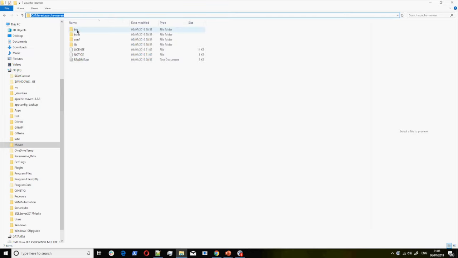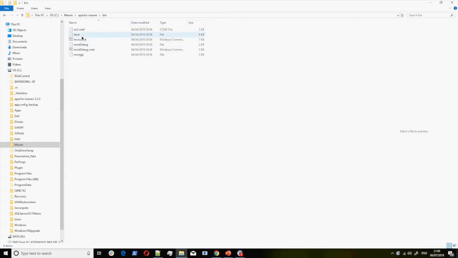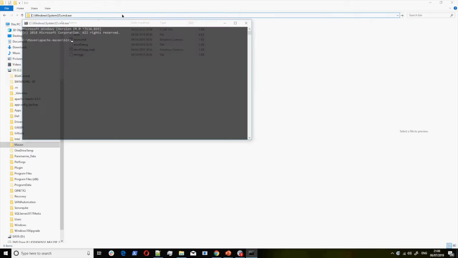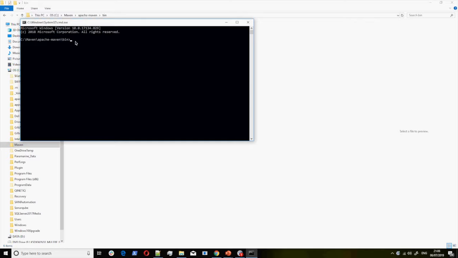So maybe if I do for here, this is where the Maven is. This is what you are trying to call, this Maven file. But you are trying to call it in any location. So that's why you are trying to do that. It's also important for IntelliJ to be able to use that, because where you install IntelliJ is different from where you install your Maven. So if you do CMD at this location, it takes you to the location that you have your Maven. And even if you do Maven version,